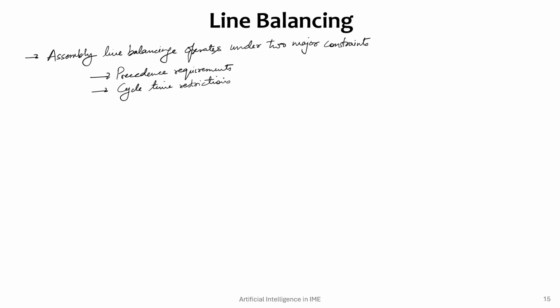So we already know what precedence is while developing a product, but what cycle time is, is still not known to us. So let us first talk about the precedence requirements in line balancing. So this is the order of operation,